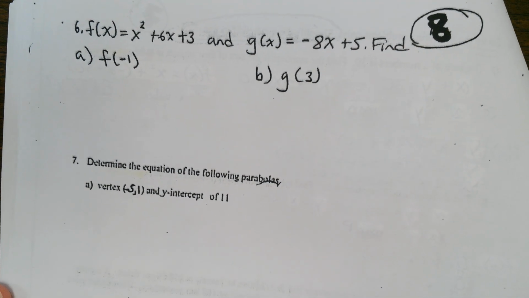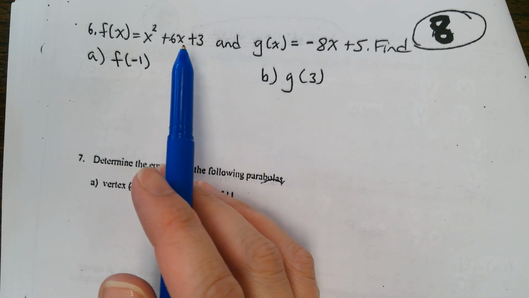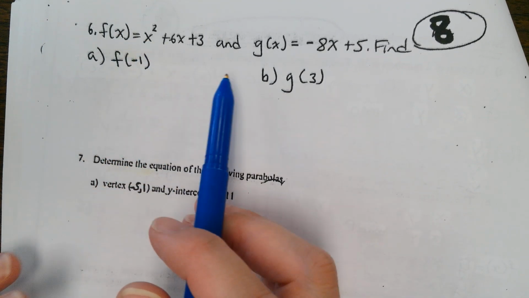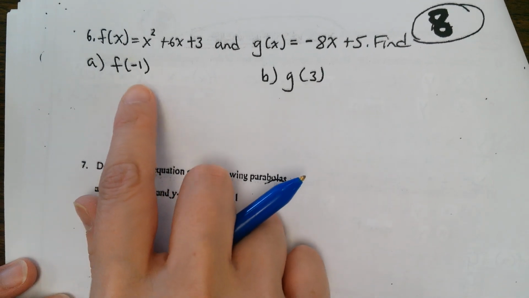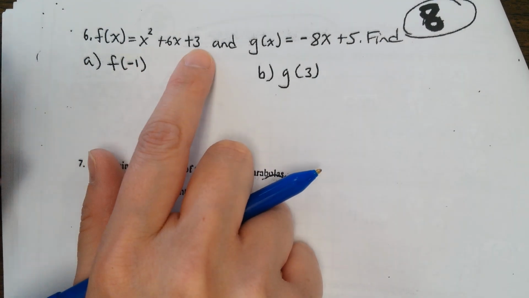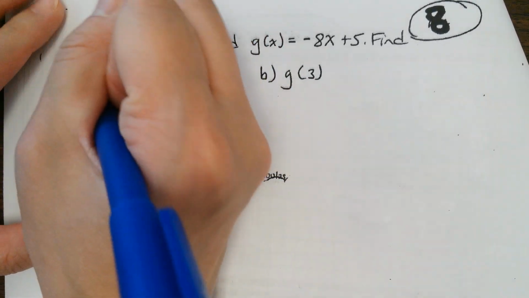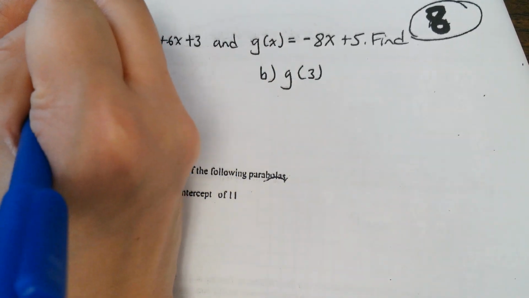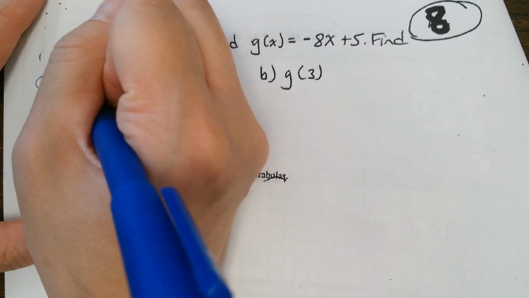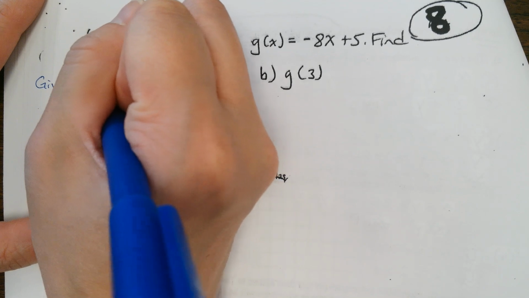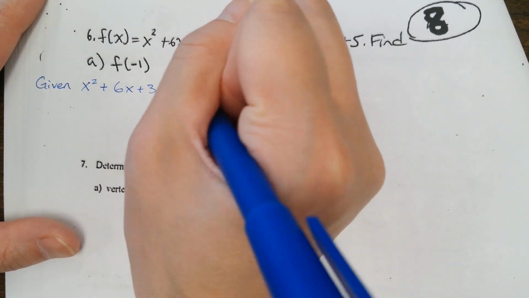11, 12, and 13. These ones right here, it's not hard, but you just never seen this notation. So how you guys were used to being asked this question was this. All this means is, given x squared plus 6x plus 3, solve